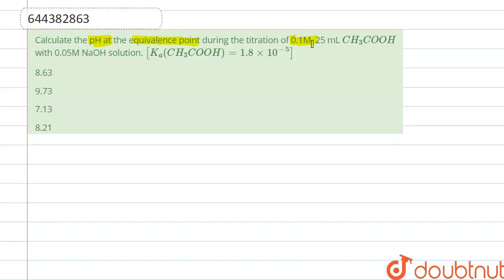Hello everyone, here the question is: calculate the pH at equivalence point during the titration of 0.1 M, 25 ml of CH3COOH with 0.05 M NaOH solution, whose Ka for CH3COOH is given, that is 1.8 into 10 to the power minus 5. So since at equivalence